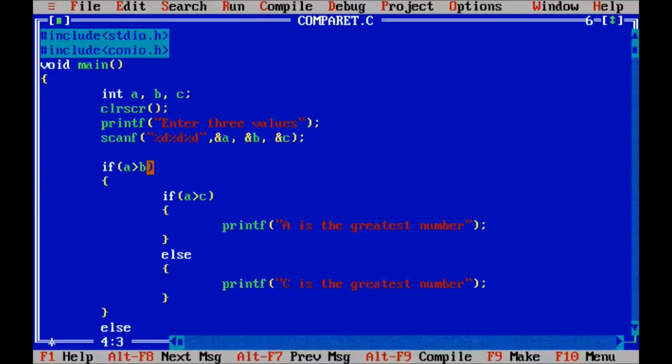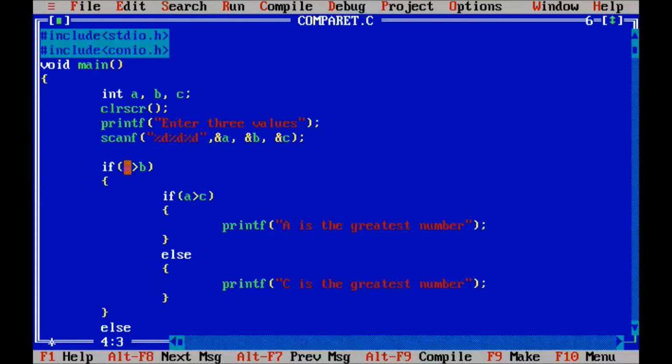If a is greater than b and a is greater than c, print "a is the greatest number". If this condition is true, this part will be executed. Suppose a greater than c is false, then the else part will be executed.